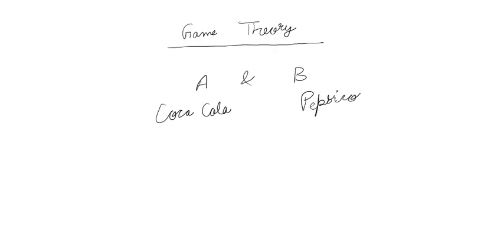Now, player A has various strategies. Let's say A, B, C. These are the strategies of player A. Similarly, D, E, F, these are the strategies of player B. Player A has n number of strategies, and similarly player B has n number of strategies. But what we have to do in this case, the question that will be given in this case would be